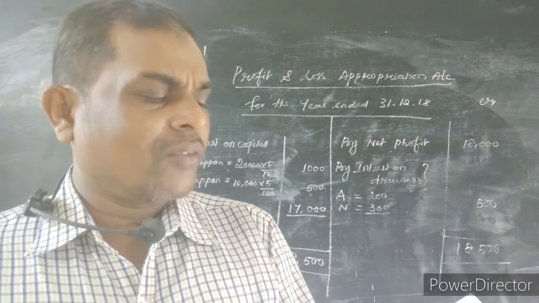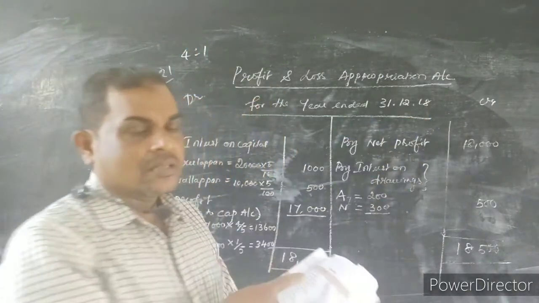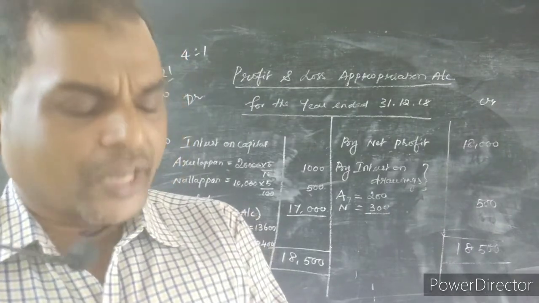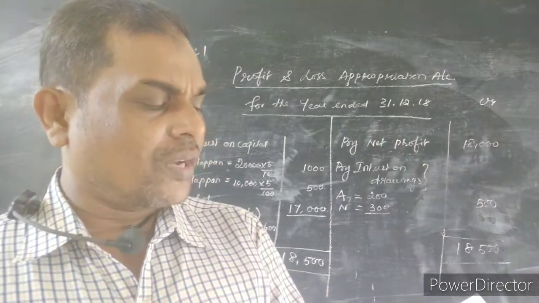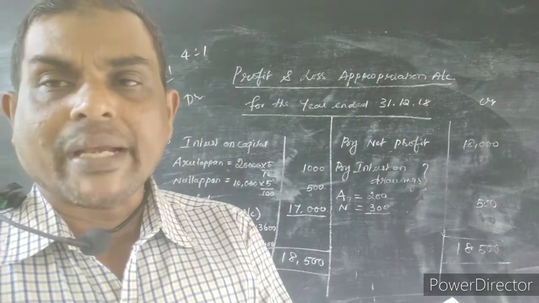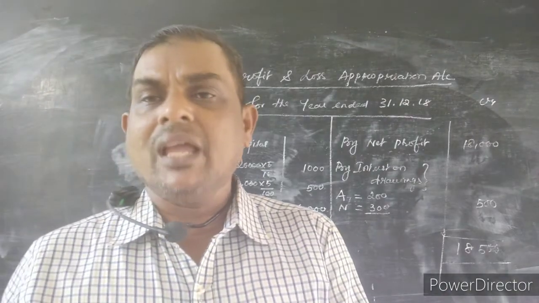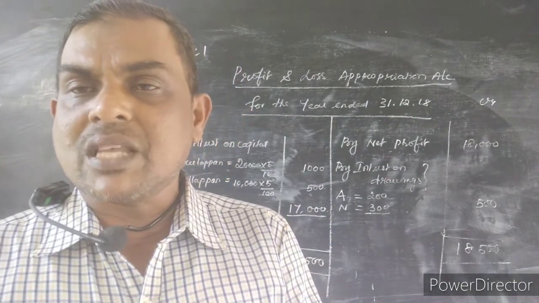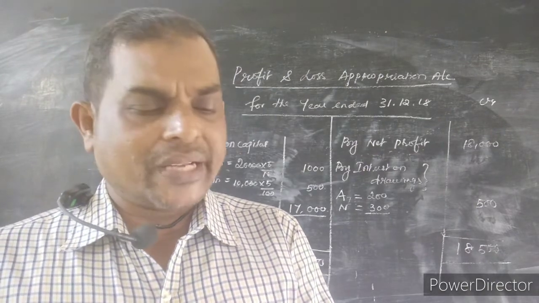Okay, what is the date? Here the date is 31st December 2018. See the date is in our textbook, page number 107. All the journal entries are available. See the page number 108. So December 31st 2018. First we have to write the adjusting entry for interest on capital. What is the interest on capital journal entry? Interest on capital is expenses for the business, so it will be debited. So interest on capital account debtor.